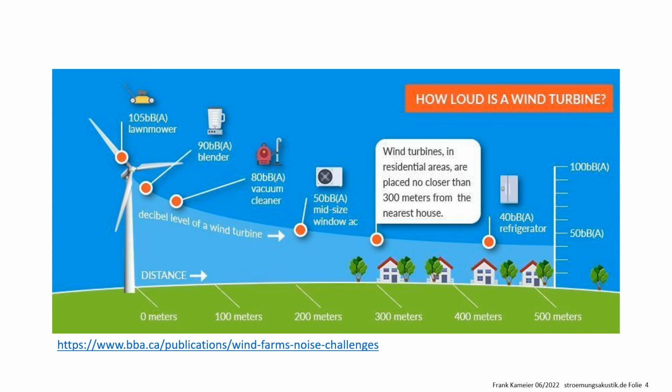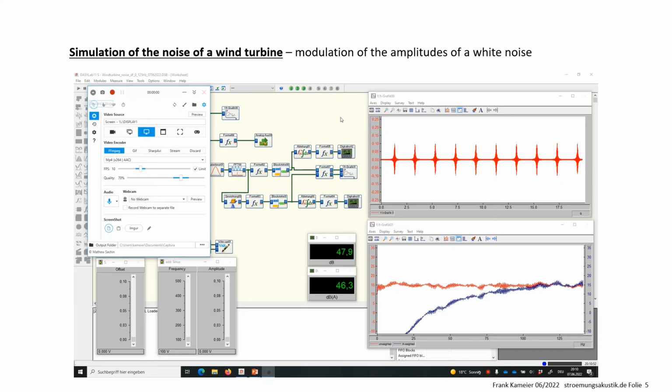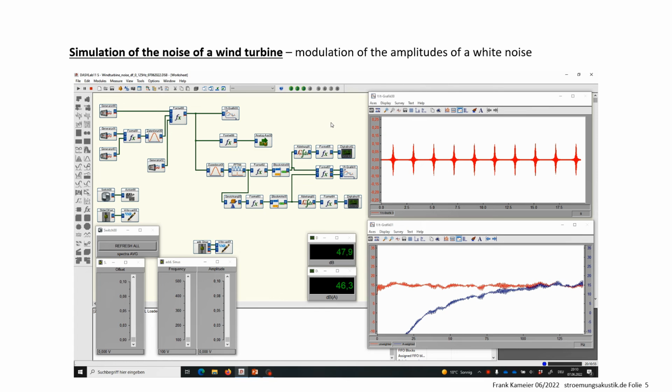Onshore wind turbines you can hear, and residents are annoyed, and there's a question how to reduce this audible noise and what kind of noise it is that you can hear. I have done a simulation for this, and here you can hear the noise